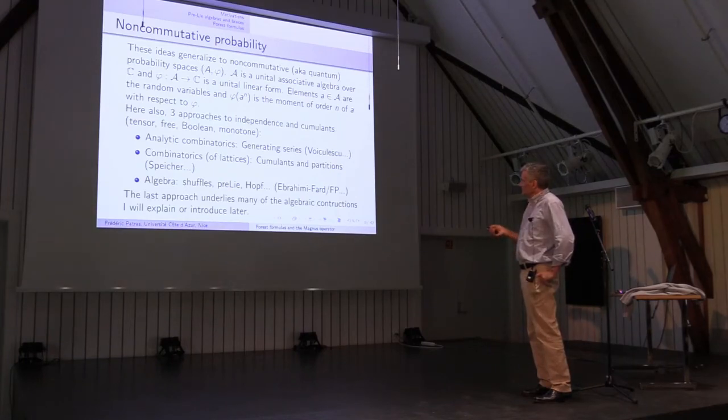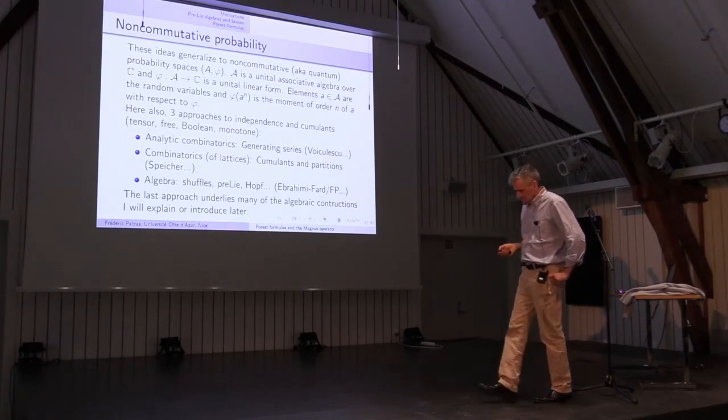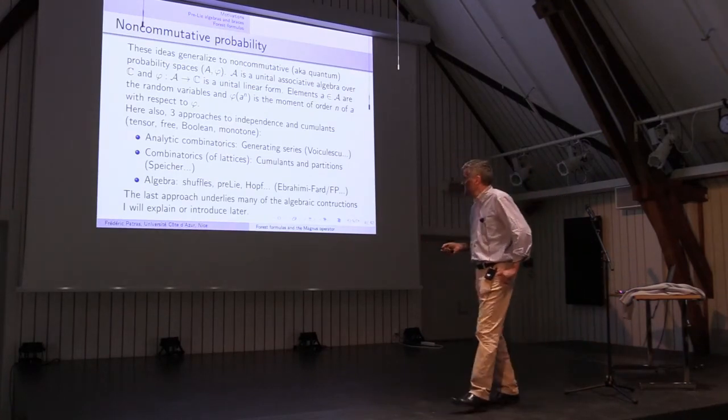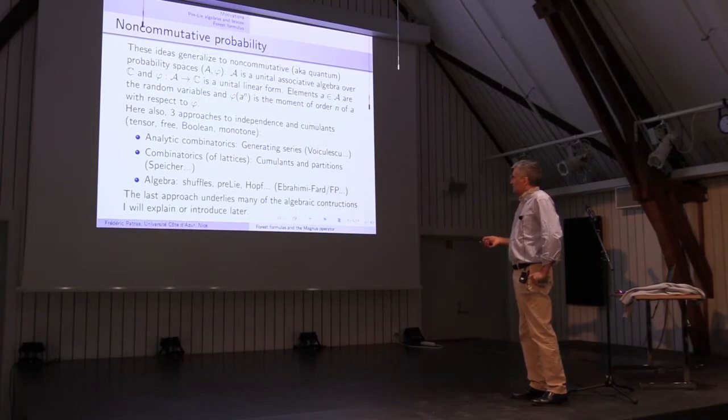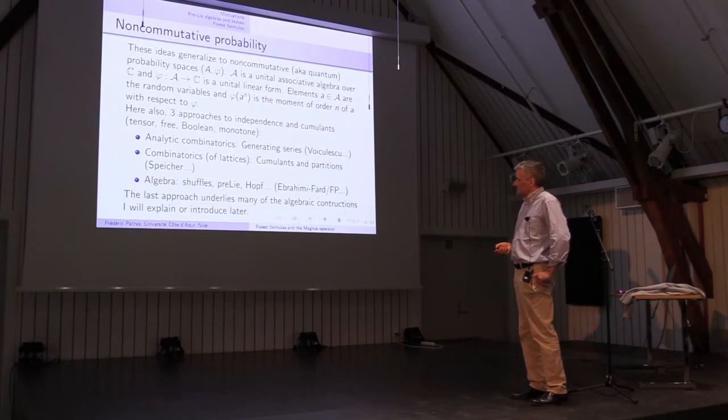So the point is that when you move from commutative to non-commutative, there are several theories which are possible, whereas in the commutative case, there's essentially just one probability theory which can be obtained by requiring certain naturality properties. This has been done by Schürmann, Speicher, and others. They classified the reasonable non-commutative probability theories that exist, and they managed to prove that there are essentially four possible theories.